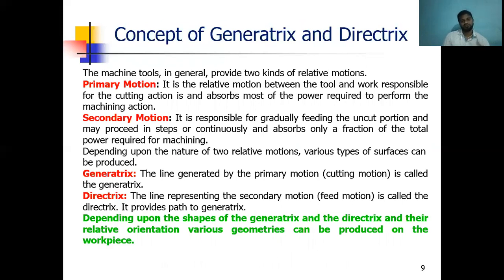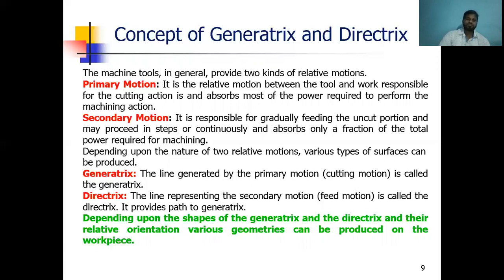So in this aspect, we need to know what the generating point is and what the working areas are, meaning the initial and next level operations. The machine tools generally provide two kinds of relative motions: the first one is primary motion and the second is secondary motion. Now coming to the primary motion, it is the relative motion between the tool and the work responsible for cutting action